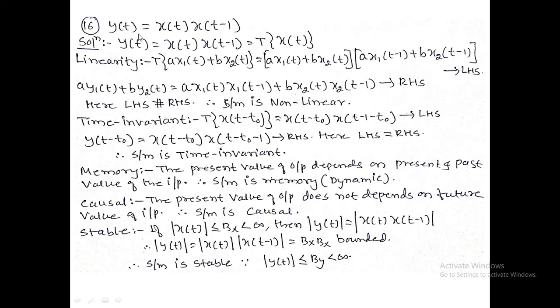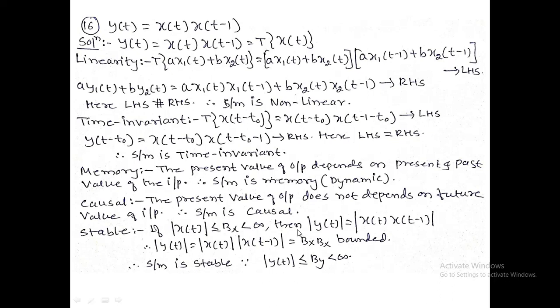Next, memory. The present value of the output depends upon the present value of the input as well as past value of the input. Therefore, the system is memory. Here the present value of the output does not depend upon future value of the input and the system is causal. Stability. For the bounded input Bx greater than or equal to magnitude of x of t less than infinite,